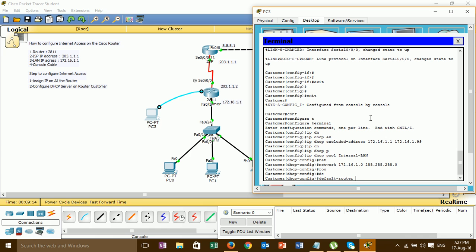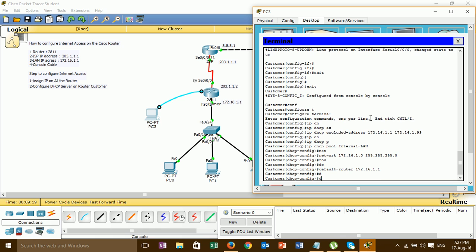The default router is the gateway. Then DNS server.